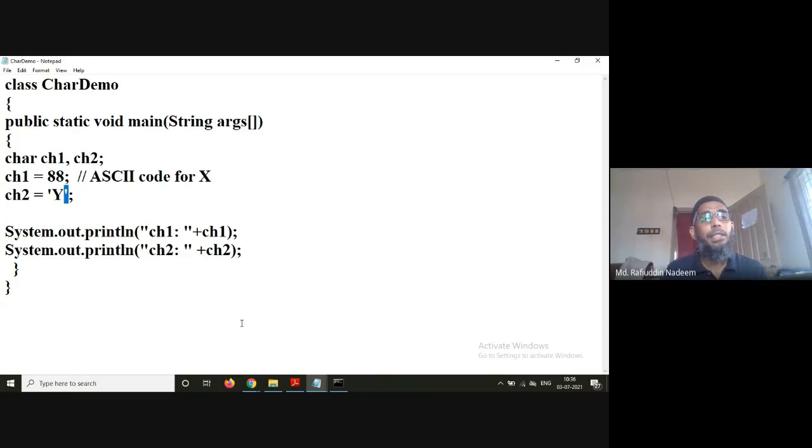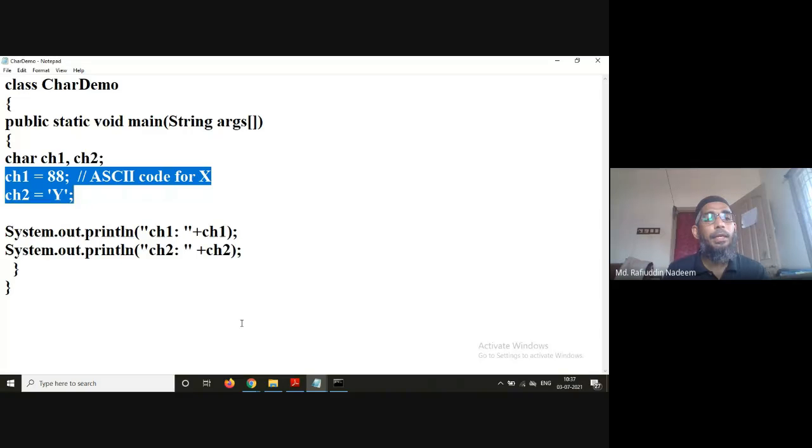And the other way, this is the C style. In C language, we used to assign character variables like this. So either way you can do it. I can assign it with a number, and I can assign it with a direct character.